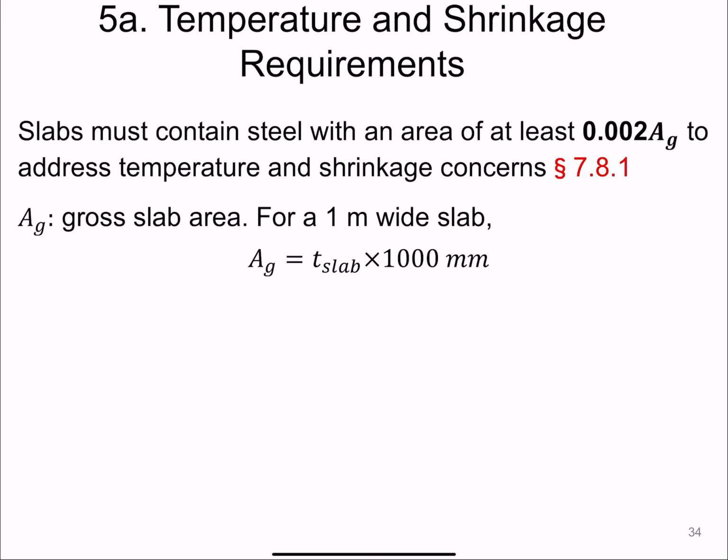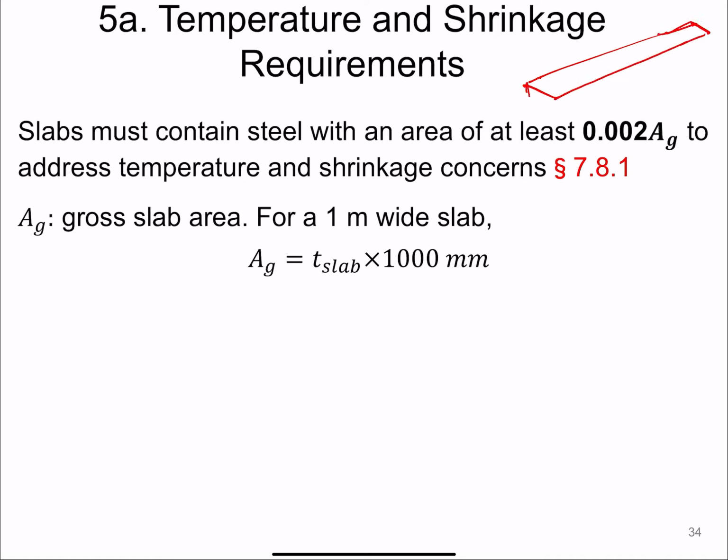So to prevent temperature effects, your slab must contain steel, with an area of at least 0.002 times the gross section area, right? So you're going to be requiring these temperature and shrinkage requirements. You're going to be defining or checking it